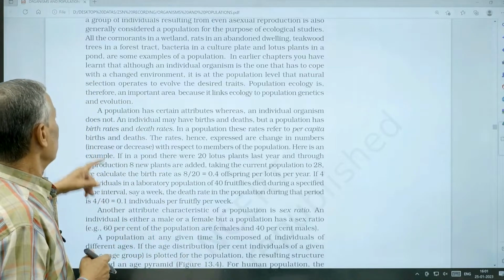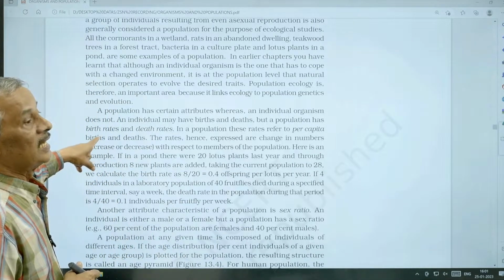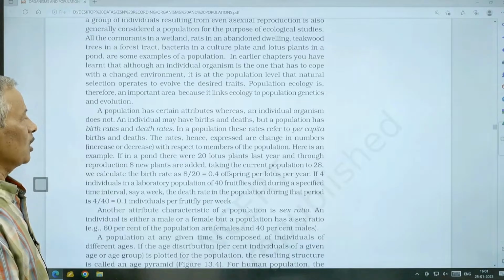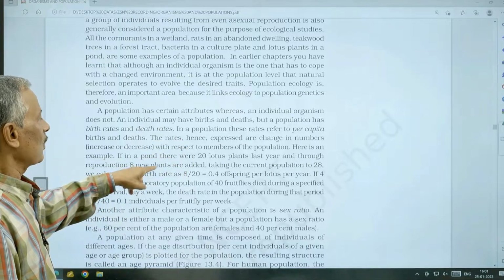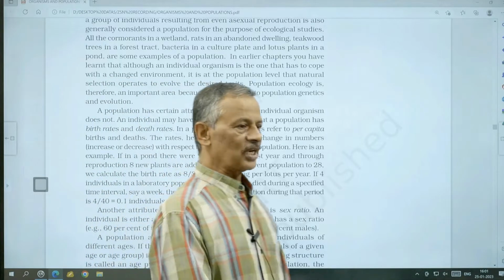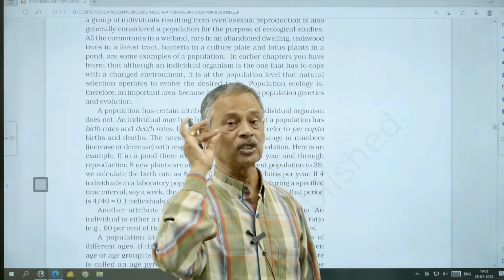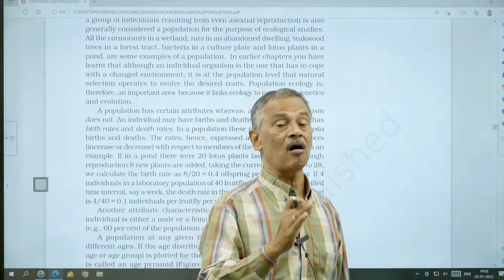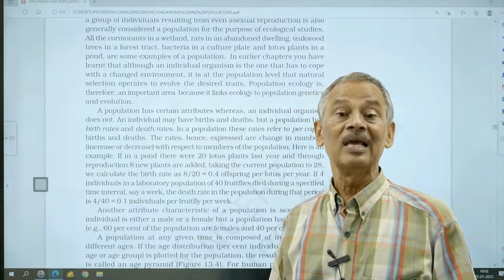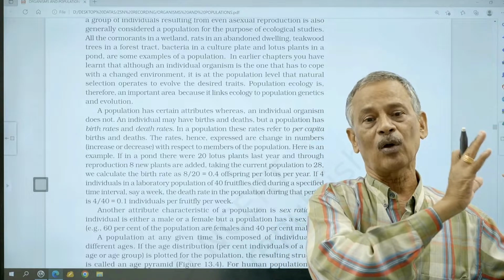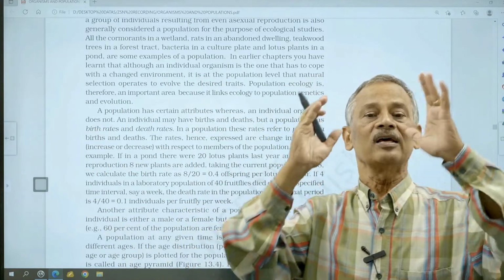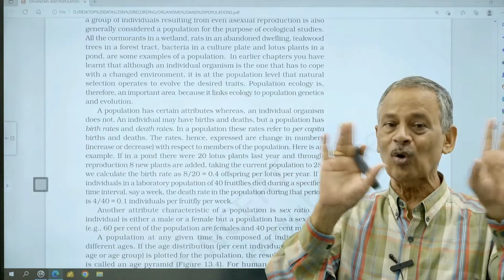For example, a population will be having natality, birth rate, not birth. Number of birth to the original number of population is called birth rate. Similarly, death rate. Death rate is number of death to the original population divided by original population. That is called death rate. Okay. Then a population will be having sex ratio. What is the number of organisms of one sex to the opposite sex? That is called sex ratio. A population is having no sex but sex ratio.